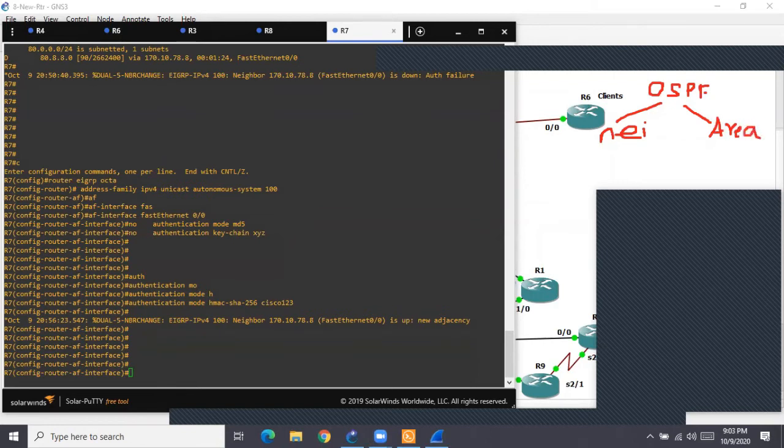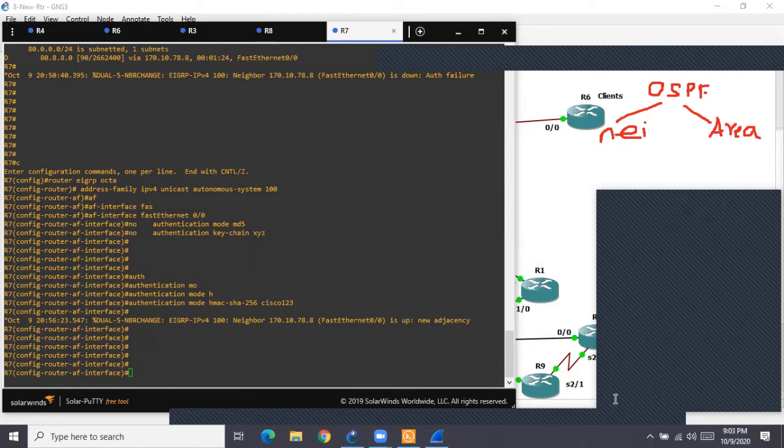In the exam they will give you a task. That task you need to read carefully, and you need to understand what they are expecting you to do. Are they expecting you to do neighbor authentication, or are they telling you to do area based authentication? So from the task given, you should understand.